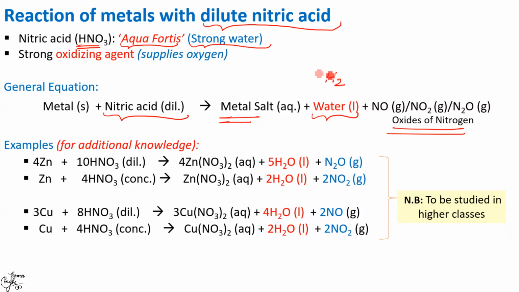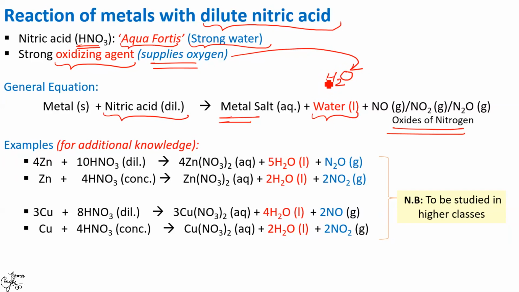But nitric acid is a strong oxidizing agent. Now, what does an oxidizing agent mean? An agent which can supply oxygen. So nitric acid, being a strong oxidizing agent, converts or oxidizes this hydrogen to water. And when it oxidizes hydrogen to water, it itself